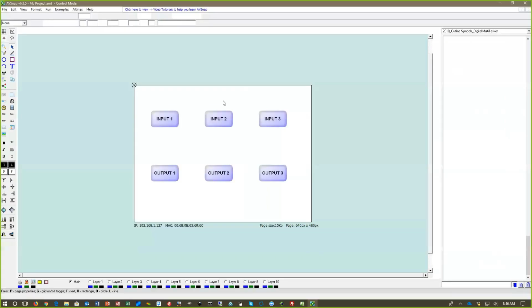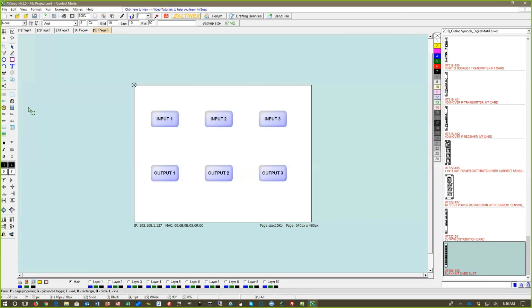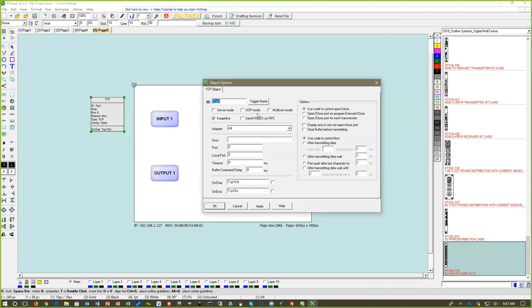Let's come back and add a couple of more objects so that we know what needs to be done. In this case, I need to connect object, we call it TCP object. A TCP object allows you to connect to any type of TCP device. So for example, if you have a switcher that's controlled through TCP, like Multitasking controlled through TCP, so we can go ahead and add it here. It's called a TCP device. We'll call it